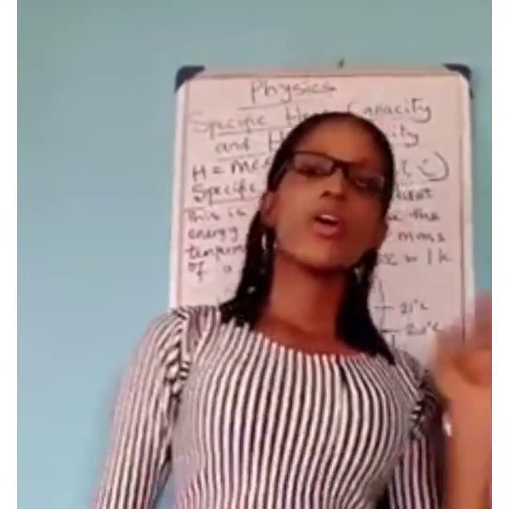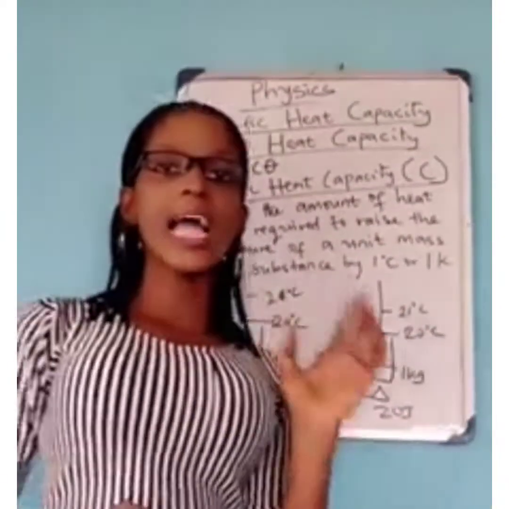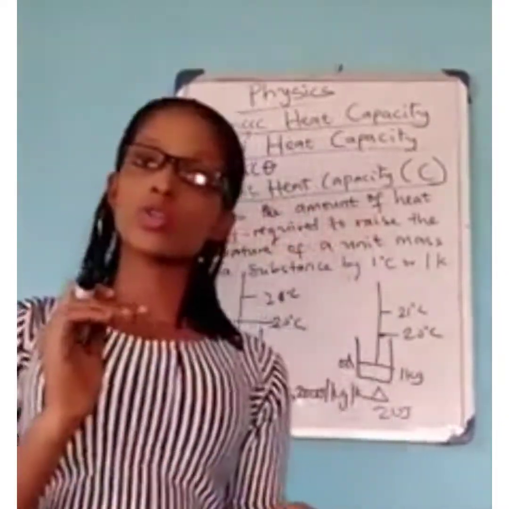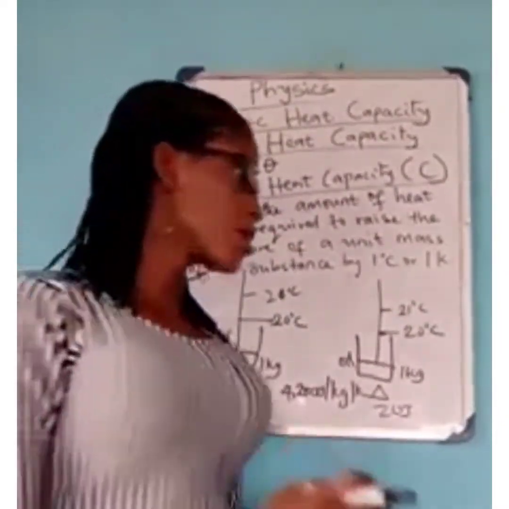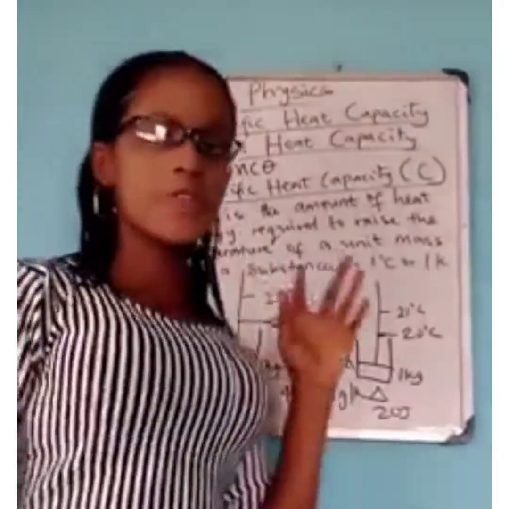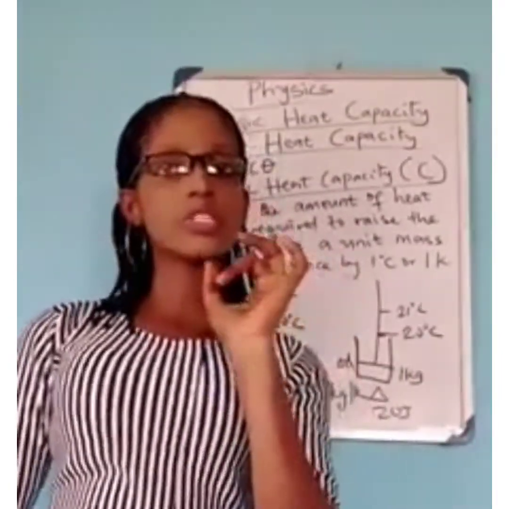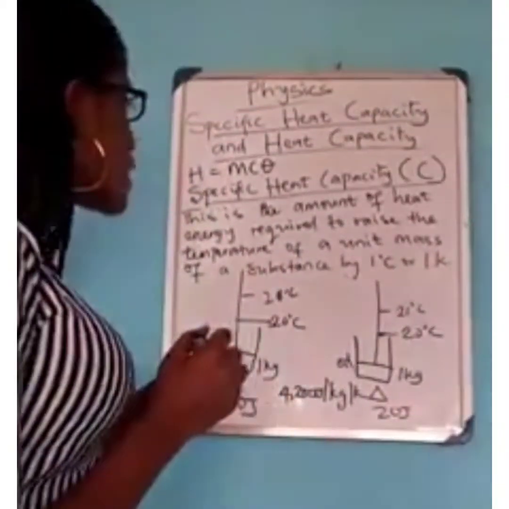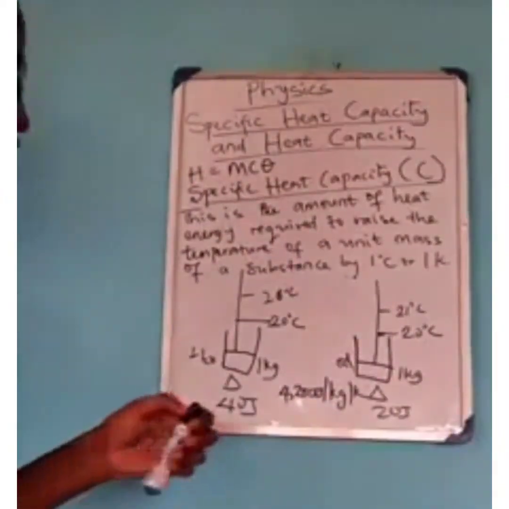Understand this. Substances which have high specific heat capacity take a much longer time to get heated up or to get cooled, because it takes a larger amount of heat to raise just 1 kilogram of these substances by 1 degree Celsius. Then to get the SI unit of this specific heat capacity,